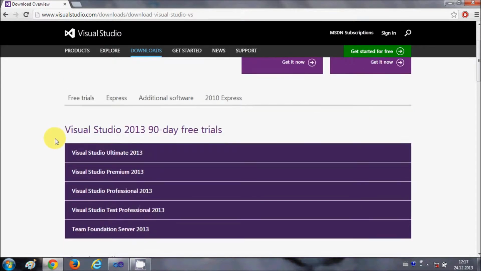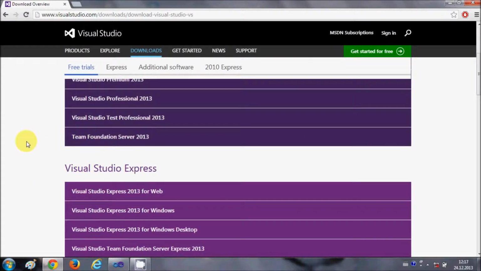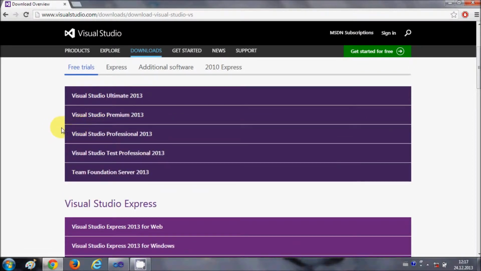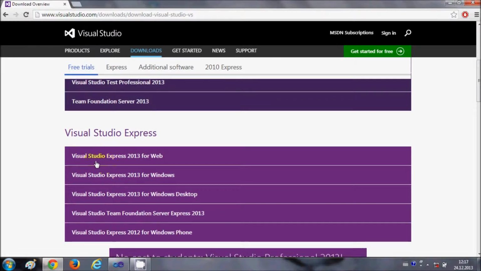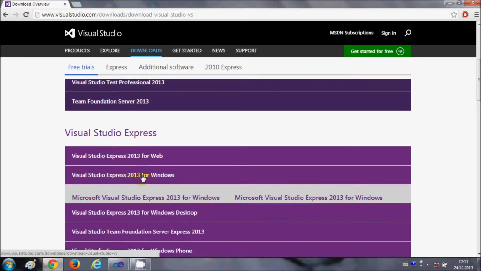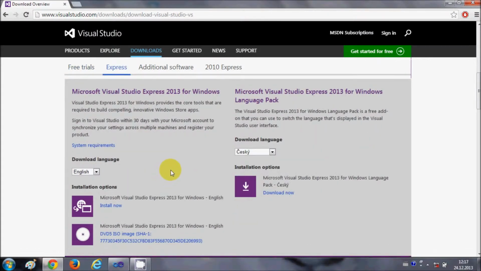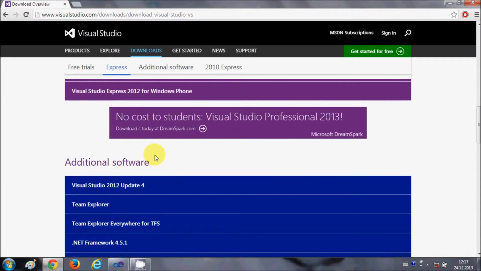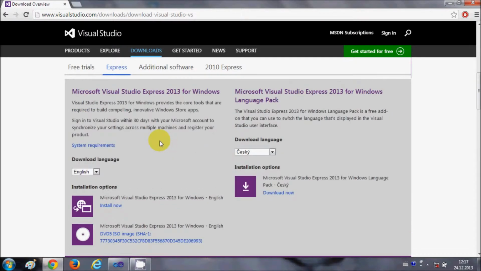So just go to your Visual Studio Express edition, and according to the latest version you can download Visual Studio Express, and you need to go to Visual Studio Express for Windows and choose your language, and you can install it by downloading it. It's pretty easy and straightforward to download Visual Studio Express and install it in your computer.